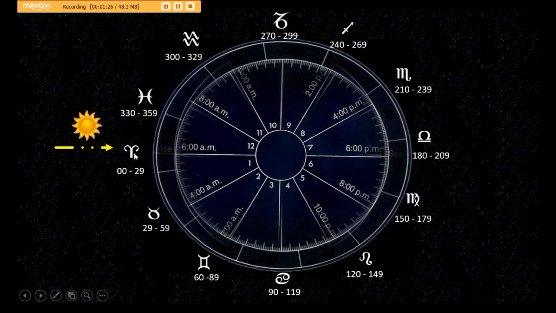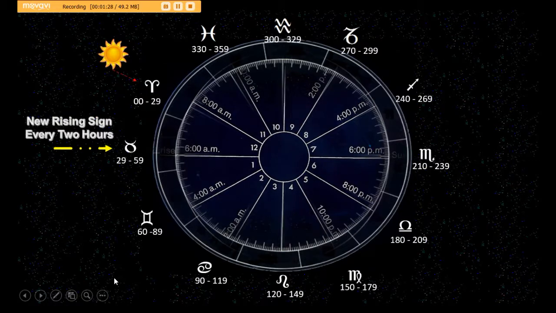So our first rising sign is Aries. As you can see, you have a new rising sign every 2 hours for 24 hours. Each day you have a new rising sign that rises every 2 hours. So let's say the first indication, when the rising point is the sun, is rising up through this Aries. All right, and you can go a whole month through the signs as it goes through each degree